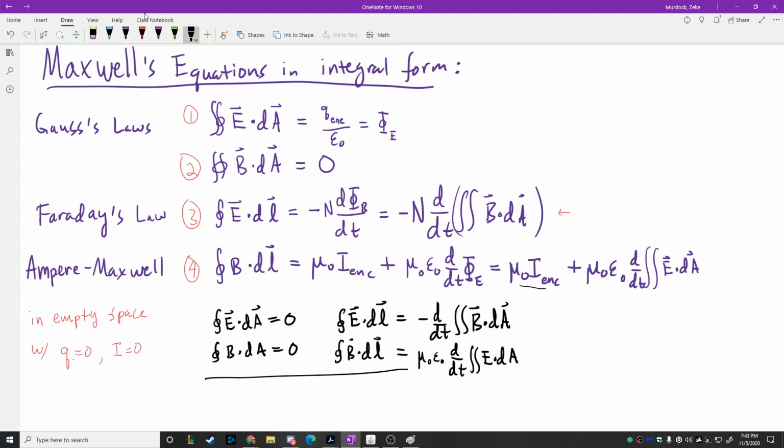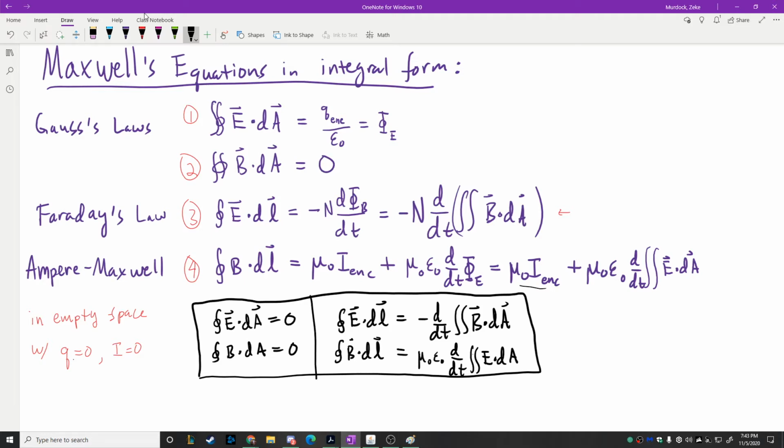Now in that form, I think they look very nicely symmetric, apart from some constants that show up, which in different units you can make equal to 1 if you want to. You can see that these equations are perfectly symmetric. They look exactly the same except for a minus sign. Now I know it's hard to read these because it's just a bunch of integrals. But what it tells us, especially if we look at just these two right here,